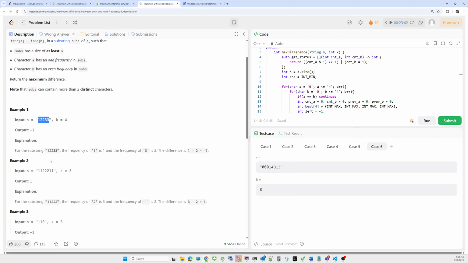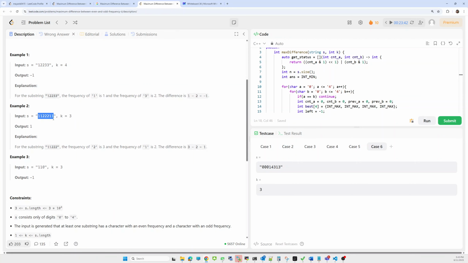If we consider the whole string, 3 has frequency 2 and 1 has frequency 1, so the difference is 1 minus 2, which is -1. Similarly, for another example, 1 occurs 2 times, 2 occurs 3 times, then 1 occurs 2 times. If we consider the whole string, the even frequency will be 4 and the odd will be 2, so it gives -1.